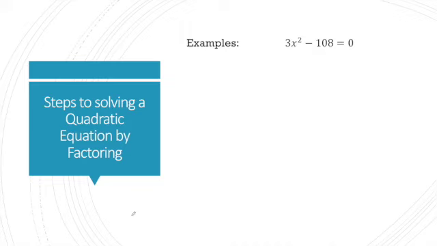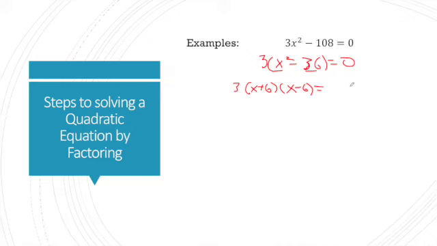Okay, so I'm going to take out a 3. That would give me 3 times x squared minus 36 equals 0. Now this is a difference of squares, right? So I know from our rules this is going to factor to x plus 6, because it's x squared minus 36 and 36 is a perfect square, times x minus 6